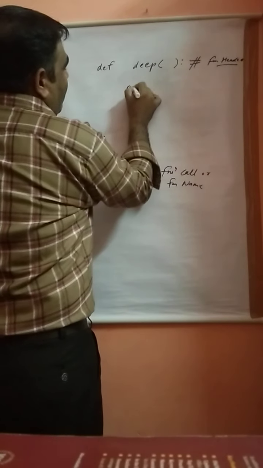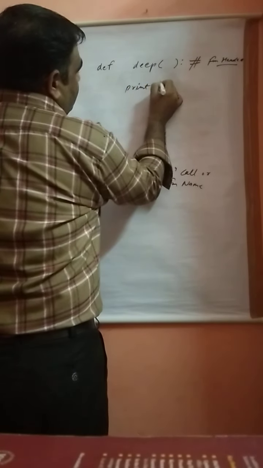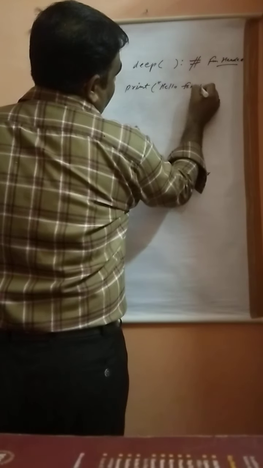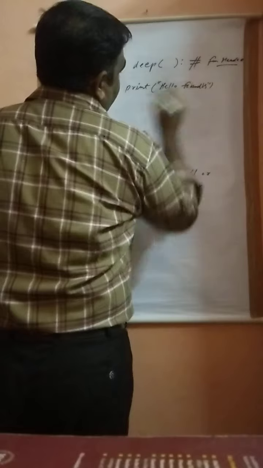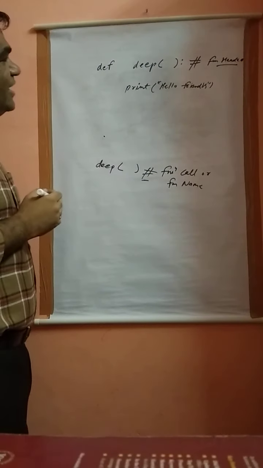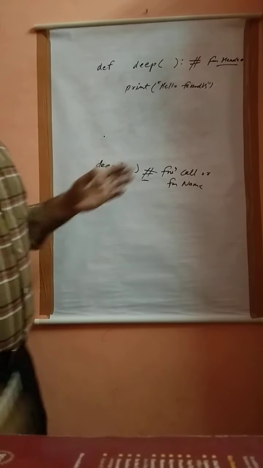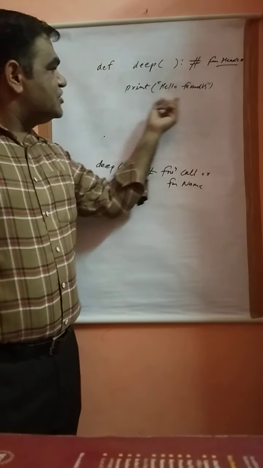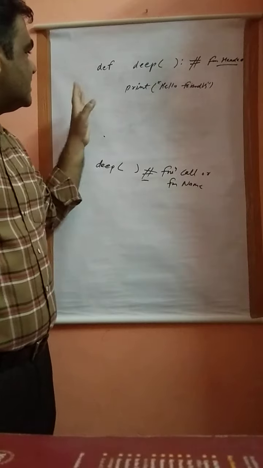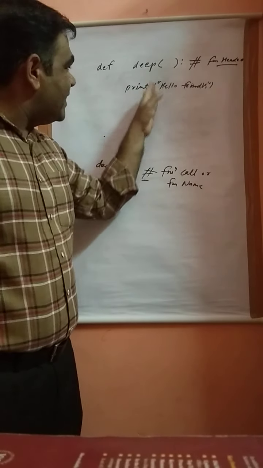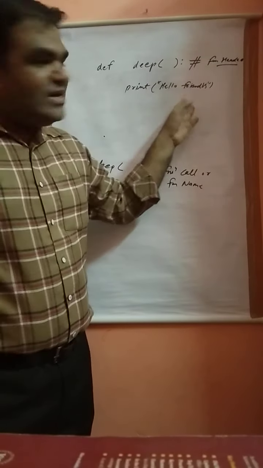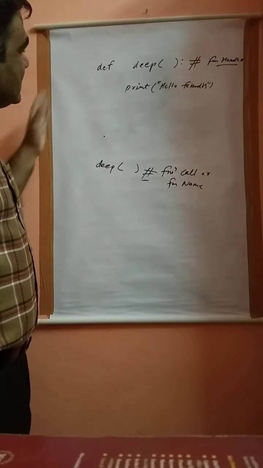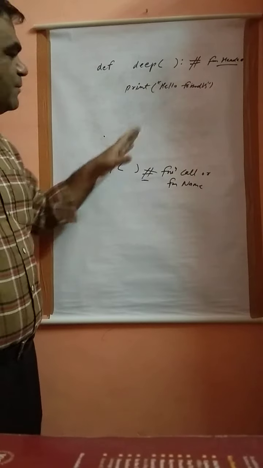And we write the statement into the function definition block. So I write here print, and hello friends, with the help of the print keyword. You know very well, before this I made this particular statement as a simple program. I write only print, bracket, double quotes, hello friends, close the double quotes, and after that close the bracket, and after that we make this program with the help of functions.